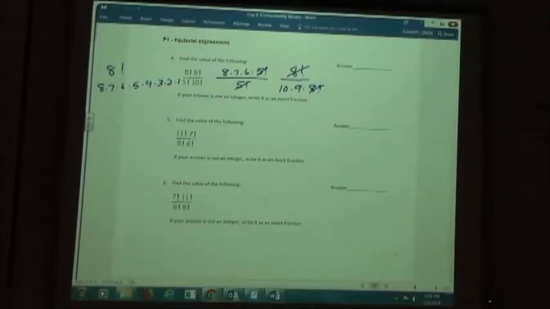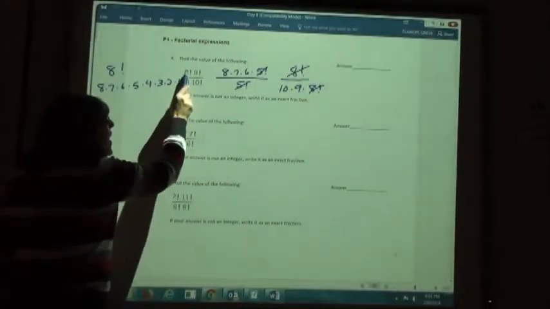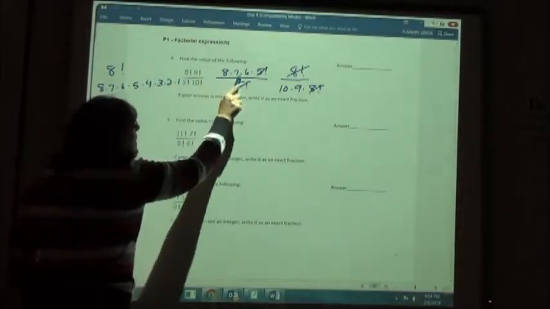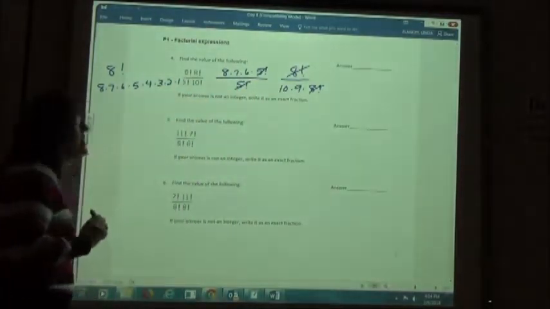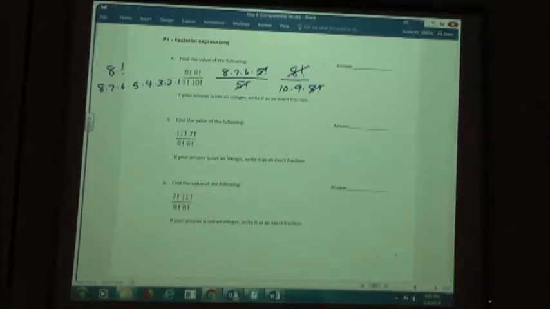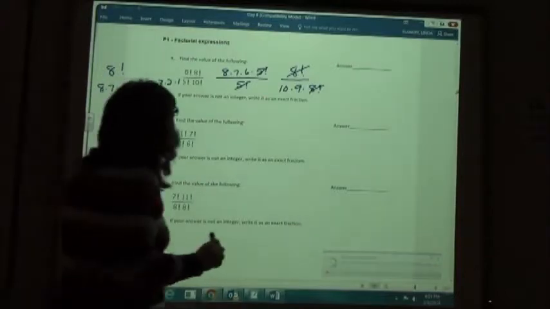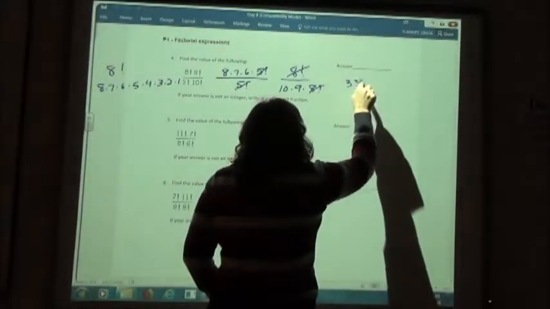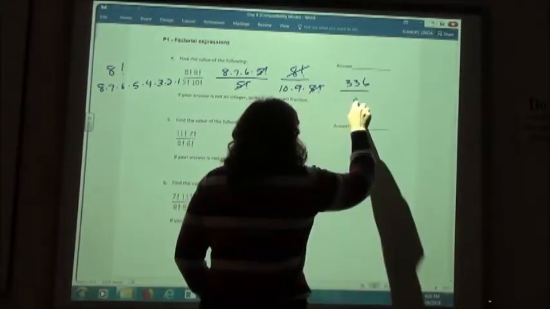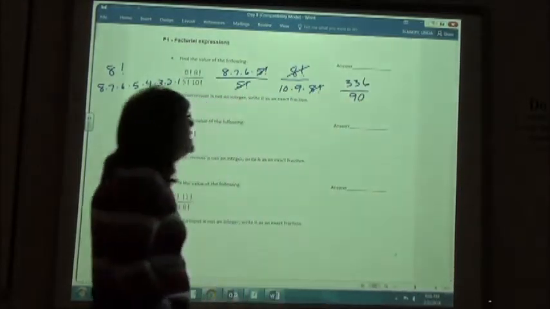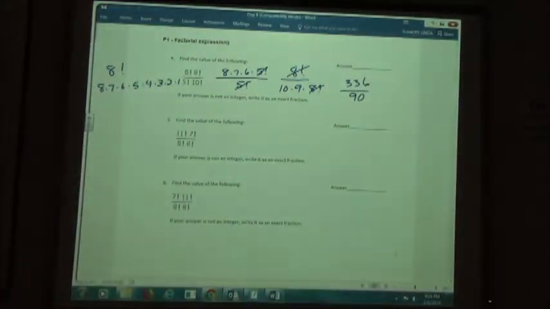So if I can take my values here and start with the bigger one until I reach that smaller one, then I can cancel out the smaller one. So we're going to calculate on the top. If we do 8 times 7 times 6, we would get 336. On the bottom, we just have 10 times 9, which is 90. And then we have to reduce our fraction down to simplest form. So if we reduce that down, we're going to get